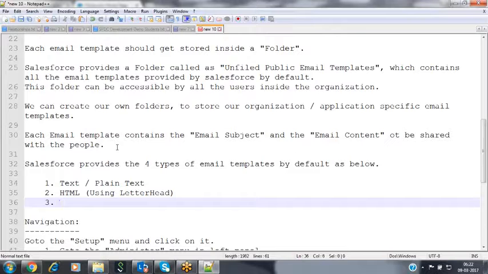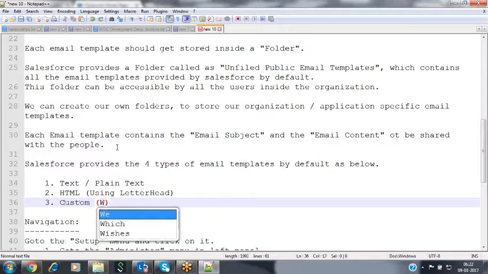For that, we can prepare our own letterhead, and we can use that letterhead while sending that email notification, so that we can make our content look attractive. How to prepare that letterhead and how to use it while sending email notifications, we'll see practically in the next session, in tomorrow's session.